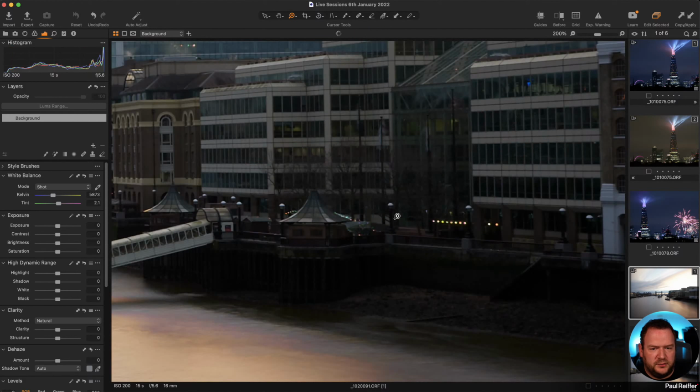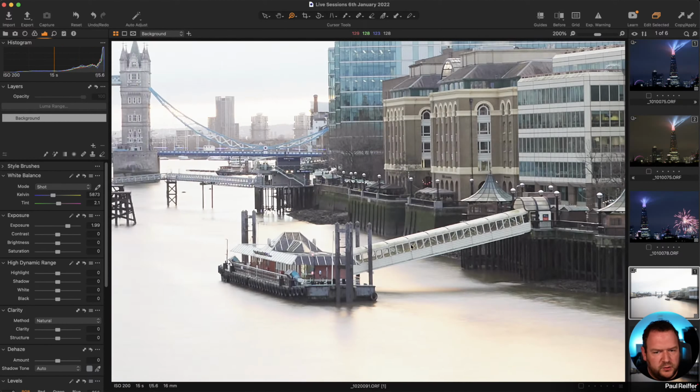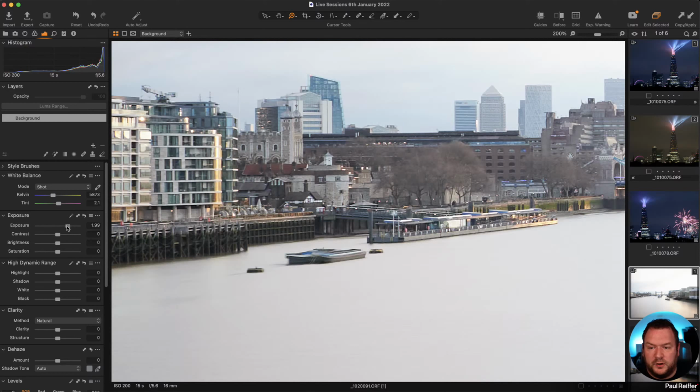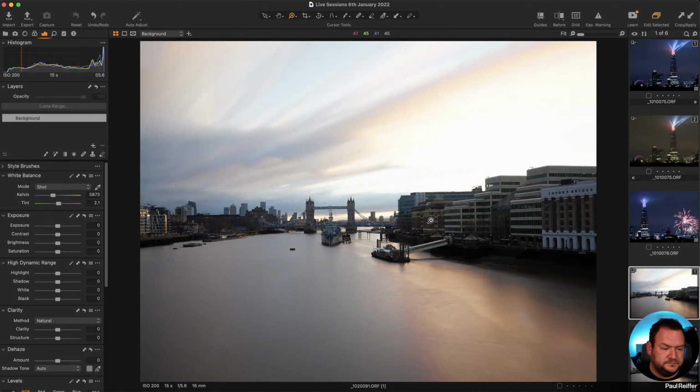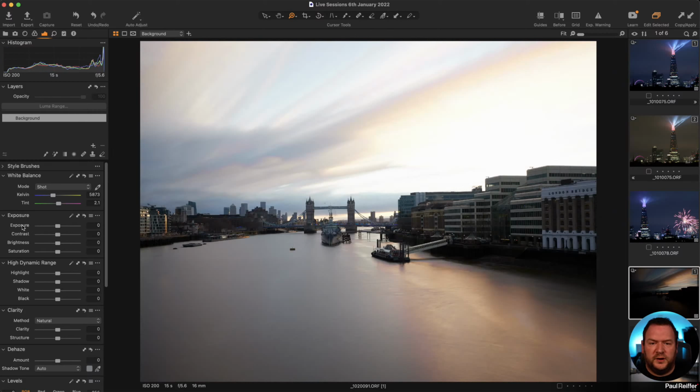So here's our shadow detail, and this is the first thing to look at whenever you're trying to work out how much you can recover out of an image. Pull up our exposure and see what we've got in the shadows. Is it noise free? Yeah, it is. It's looking pretty nice. So the shadows I'm not worried about at all. Okay. What about the highlights? So let's pull the exposure down. Do we have a load of data in the sky that wasn't necessarily there in the actual capture?